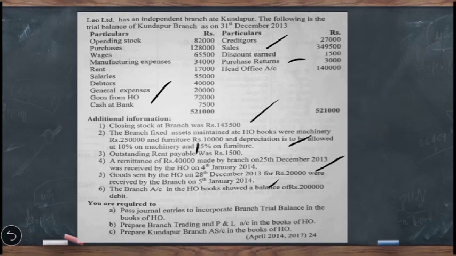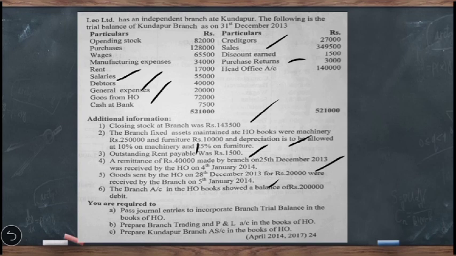Okay. After this, we have to show the incorporation entry for incorporating the debit items of the profit and loss account. Let us see what are the items we have to show here. The items are rent. It is given 17,000 in the trial balance. In addition to that, we have to add here outstanding rent of 1,500. Then we have to include salaries, then general expenses, then no other indirect expenses are given in the trial balance, but we have to include one more item, that is depreciation charged on branch machinery and branch furniture, because these are the assets which are used at the branch.